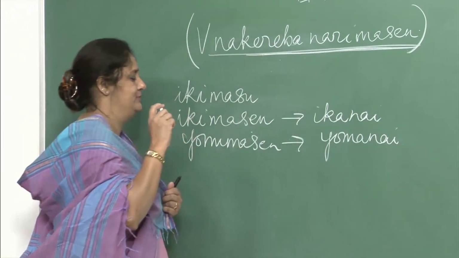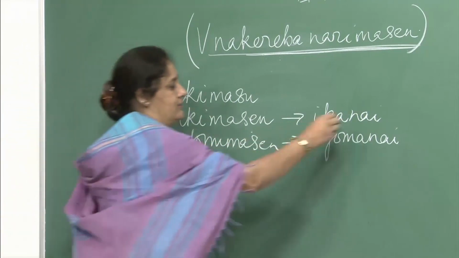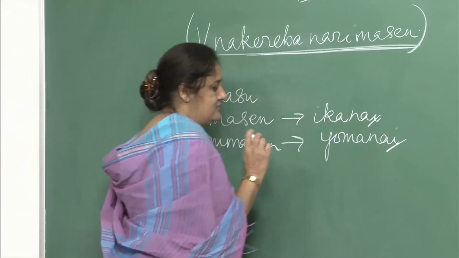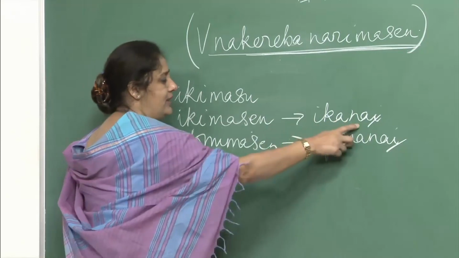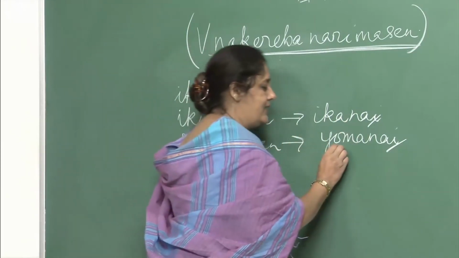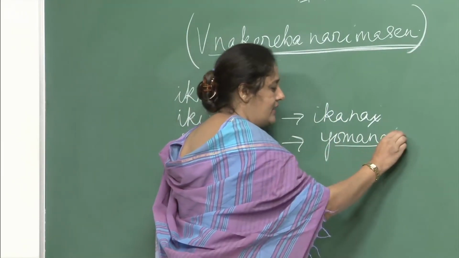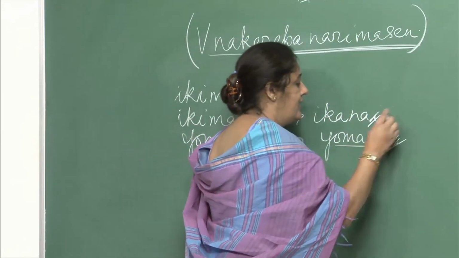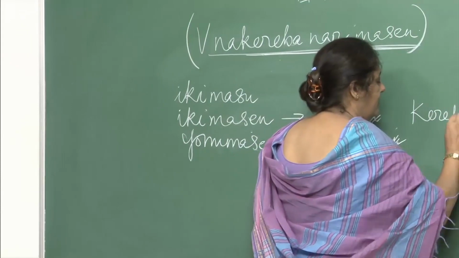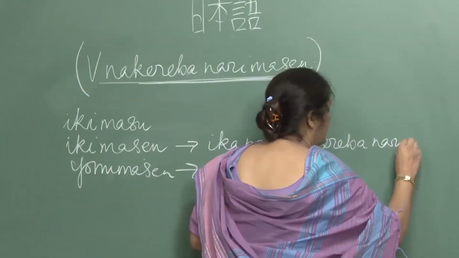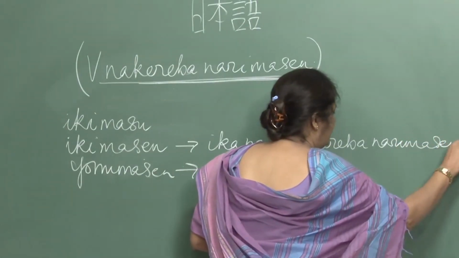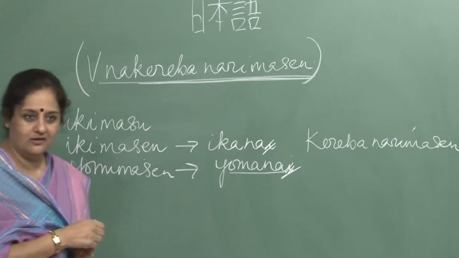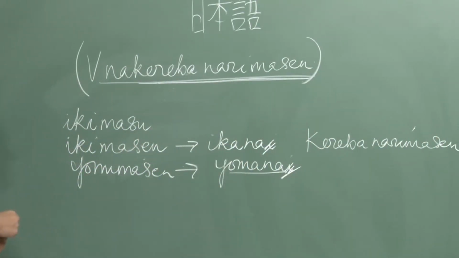Now, how will you make it? Remove the i from here. This is negative, you can see. Masen, plain form, nai, yomanai. Remove this i from here and put ikanakereba narimasen. Though it is a little long,